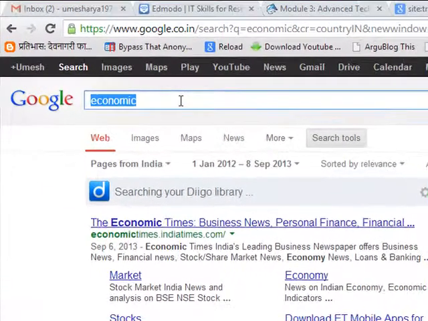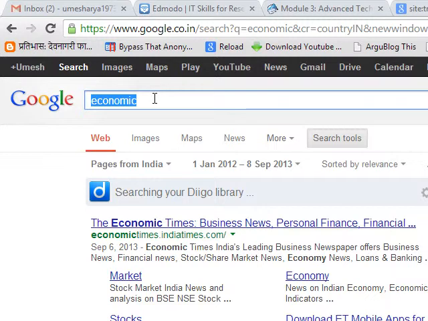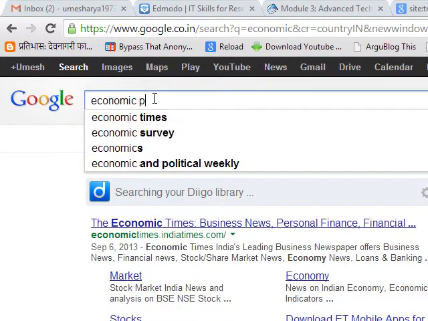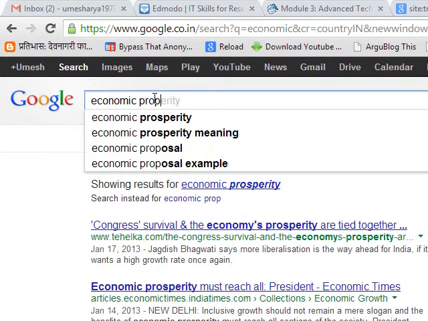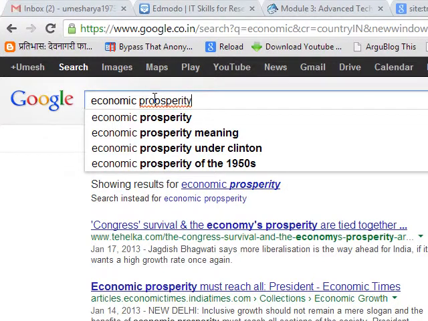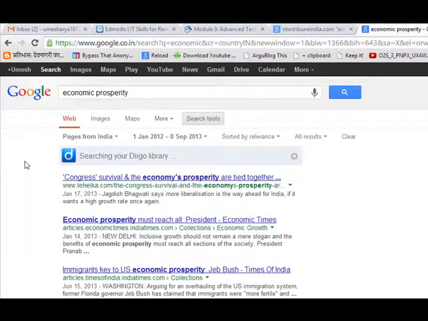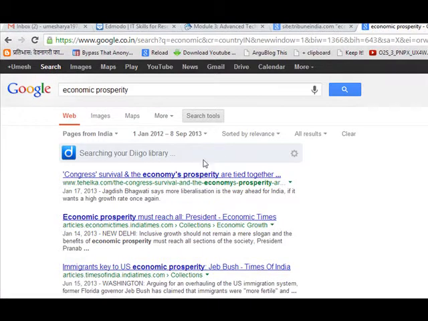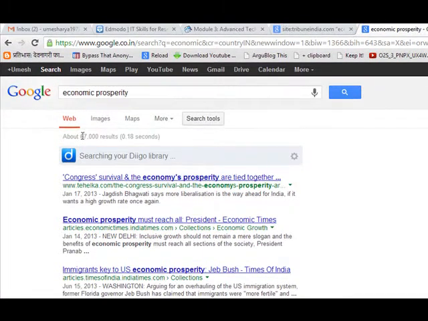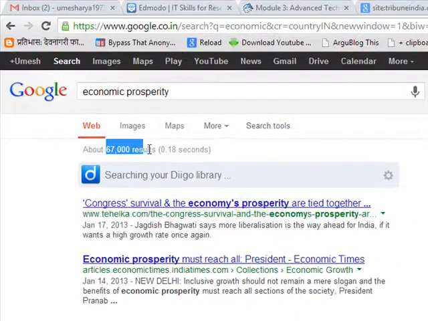After that, if you search for this term, for example economic prosperity, then these are the results, and if you click on the search tool, then it will show 67,000 results.